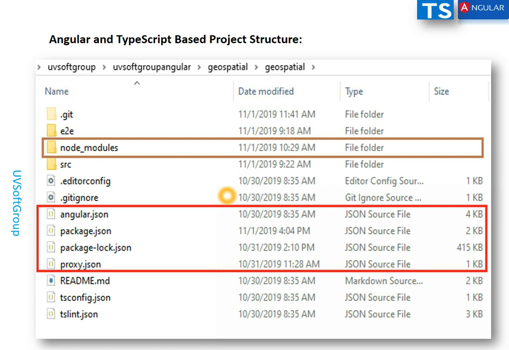Sometimes in an enterprise application there are a lot of dependencies to inject, and some applications sometimes crack because of the dependency version. Then normally in professional life we delete the node modules and run npm i